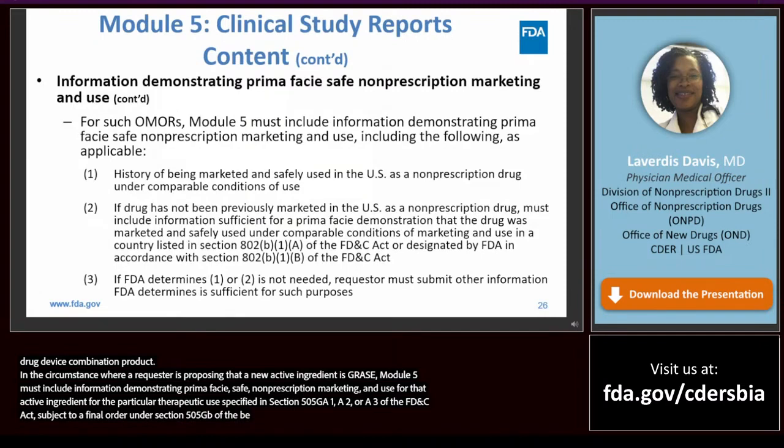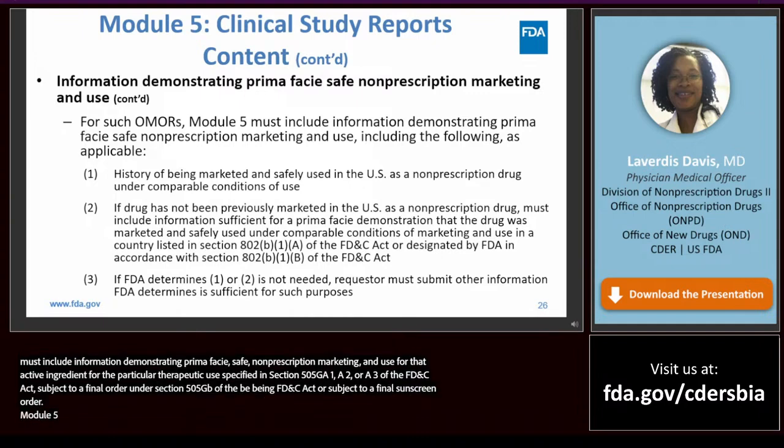When applicable, Module 5 must include information demonstrating prima facie safe non-prescription marketing and use, including the following, as applicable.